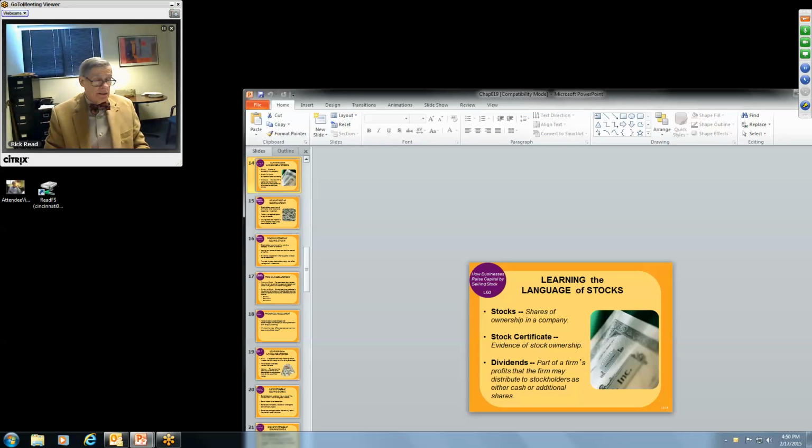A dividend is something that a company gives to a stockholder, and it's done after taxes. It is done in one of two ways, either in cash or in additional shares. Now, if you get these dividends, you have the option to tell the company, take whatever dividends they earn and roll them over to buying more stock. You can do that, or you can take the cash, however you want to do it. Some companies don't give you an option, or you get a dividend and then that's the end of it. Some companies do.